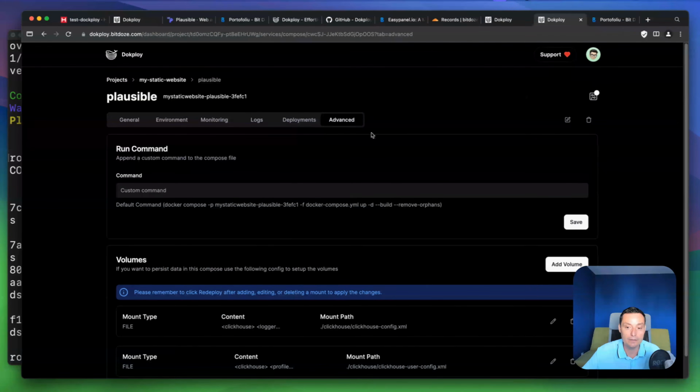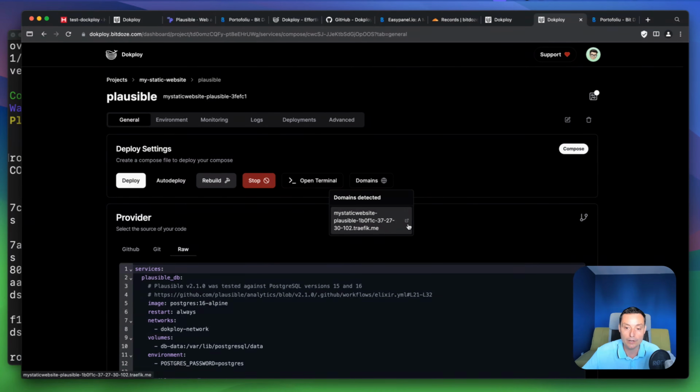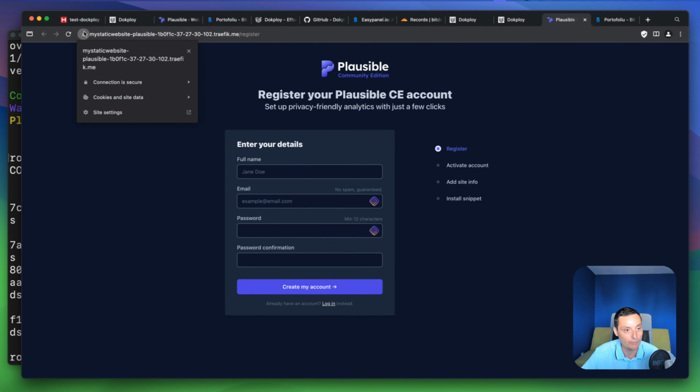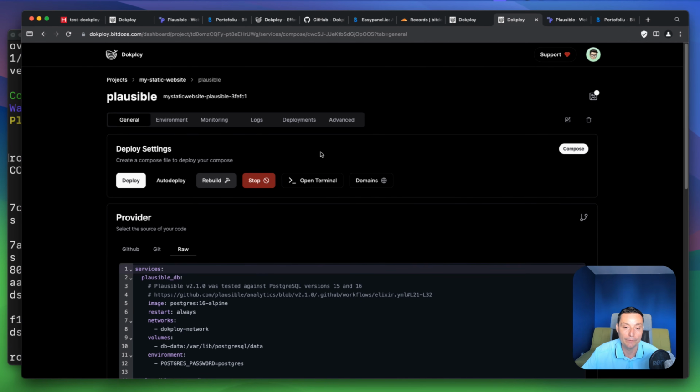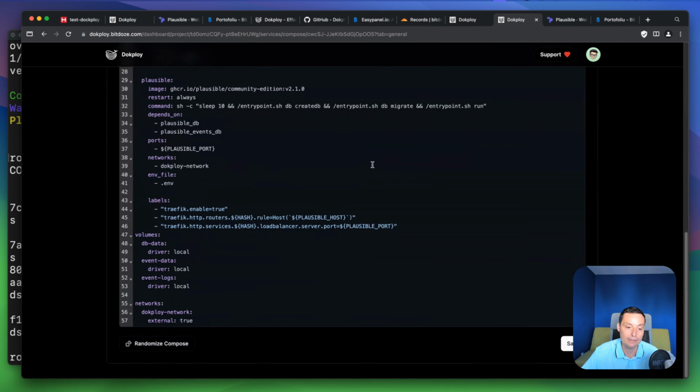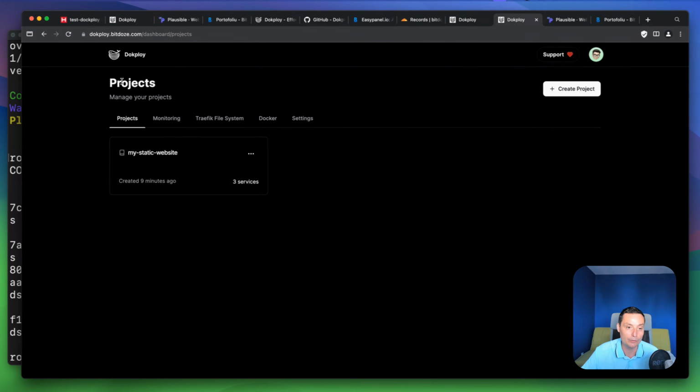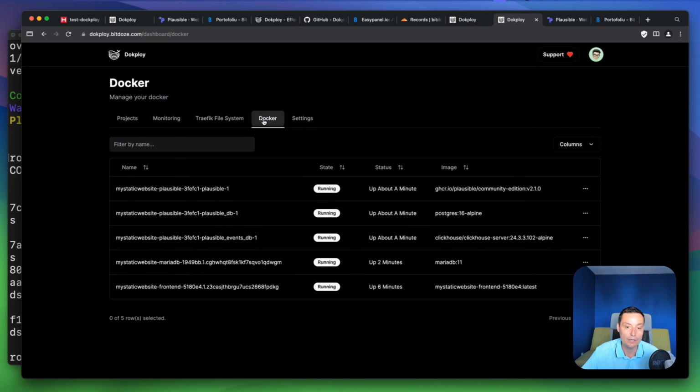Let's go and see if this URL that has been created is working. So you see in here that right now the Plausible application is up and running. You can create an account and you can start using it. It has a certificate by default, and you can even open the terminal and run commands in there if you want. Right now, if we go into the Docker, you'll see that in here